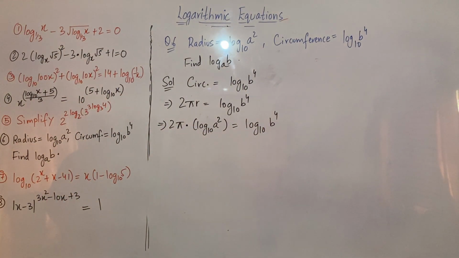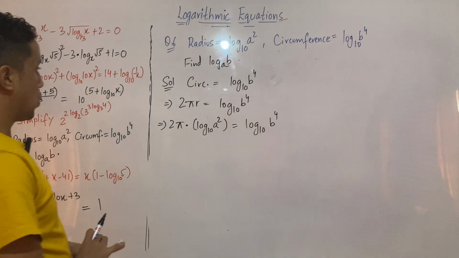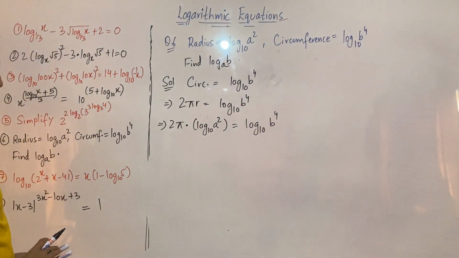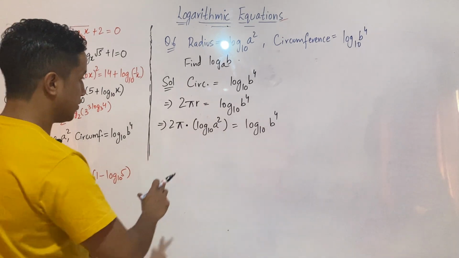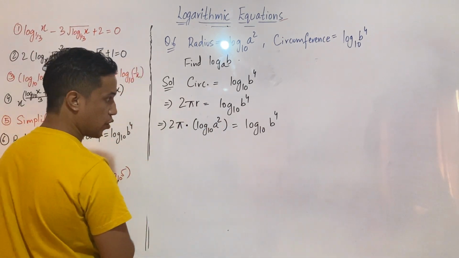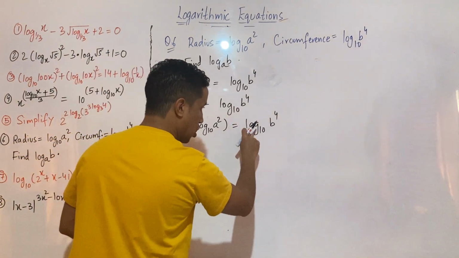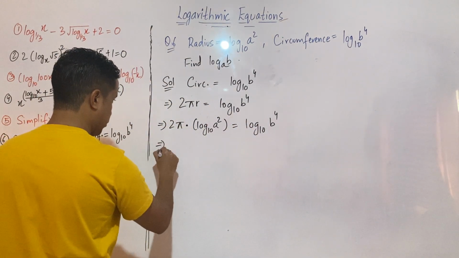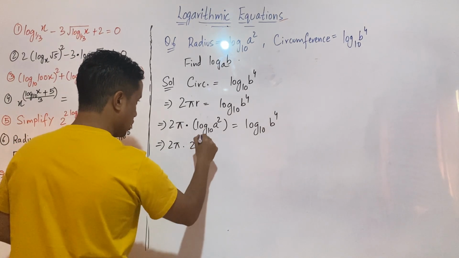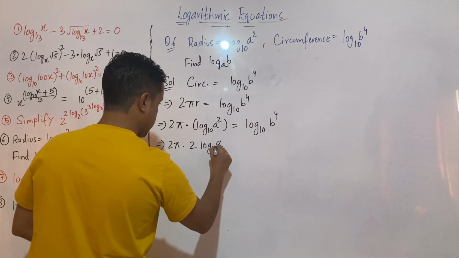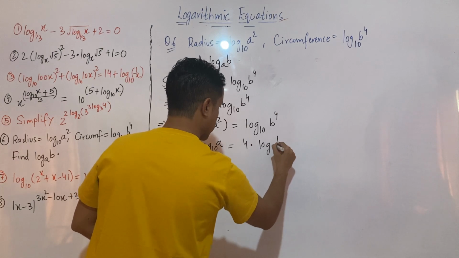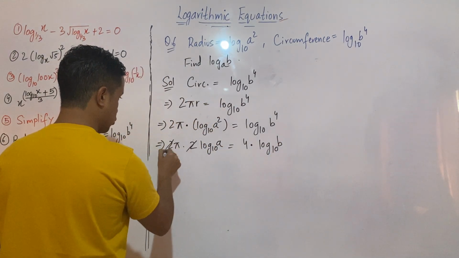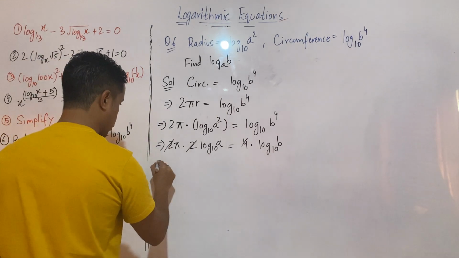Right? So what we can do here is, we need to find... okay, we can do one thing here. This is log x raised to power n, that is n log x, and it is also log x raised to power n. So we can write it 2 log a to the base 10, and here we can write 4 times log b to the base 10. So 2, 2, 4, 4. Okay, so now